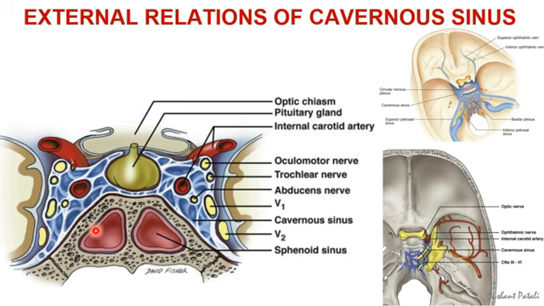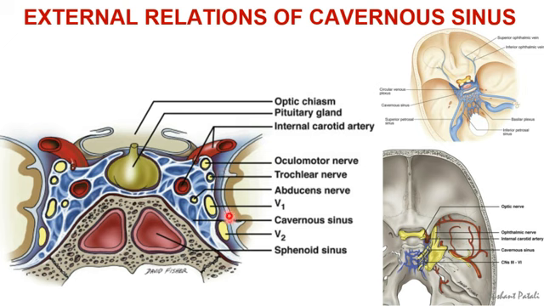Now let's look at the lateral relation of the cavernous sinus. So again there are two structures related lateral to the cavernous sinus. The first one is the cavum trigeminale, which contains the trigeminal ganglion, and this is basically present in the posterior inferior part of the lateral wall. The second structure related lateral to the cavernous sinus is the uncus of the temporal lobe. You don't have to worry about the uncus of the temporal lobe. It is just a small projection of the temporal lobe of the brain. So this is basically related to the lateral wall of the cavernous sinus.